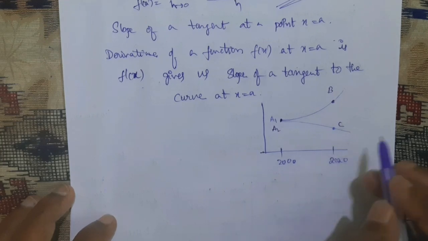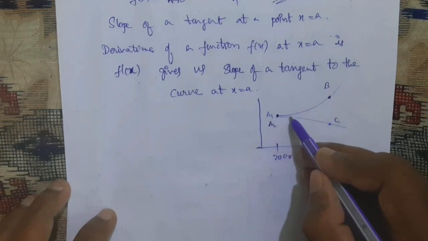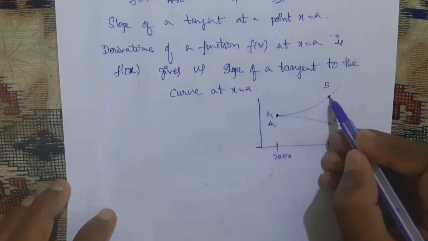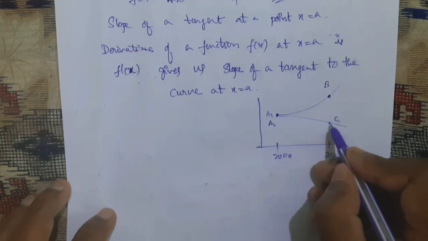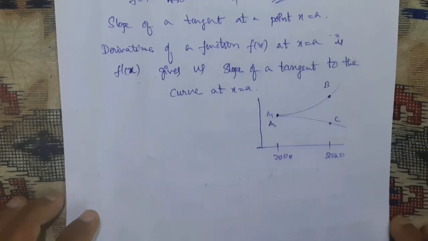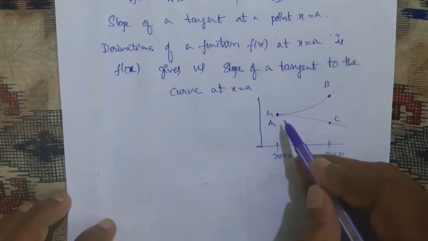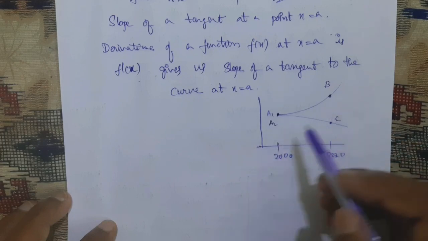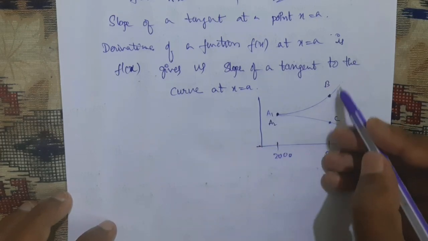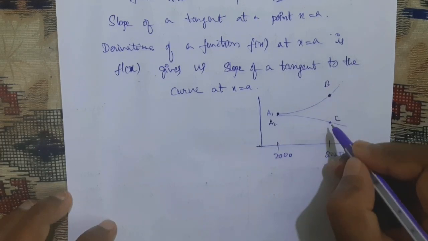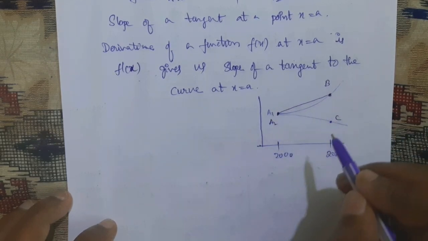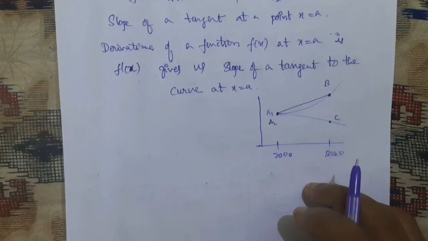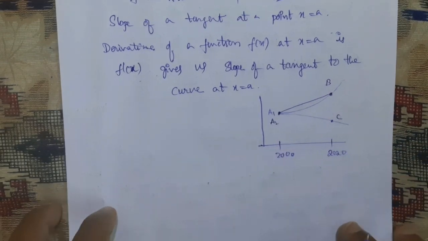After some 20 years, the first company graph goes from A to B, and the second company graph goes from A to C, like this. By using that graph we can tell whether a company is growing or declining or losing. But this we can also tell by using slope. If the slope increases, the company is also increasing. If it decreases, it is decreasing.